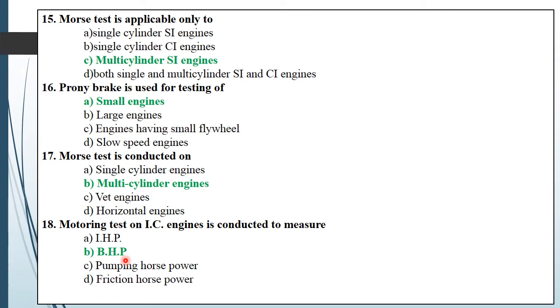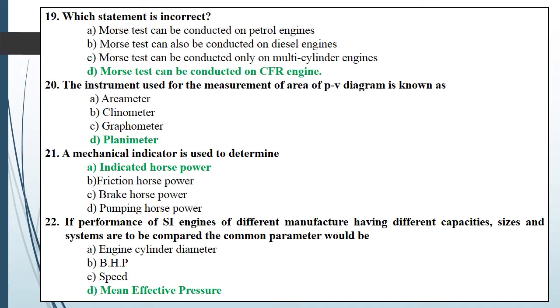So the power required to drive the engine is given by the power consumed by the motor. In this manner the motoring test is going to measure the brake power, as we connect the electric motor with the output shaft of the engine, so it will measure the brake power, not indicated.